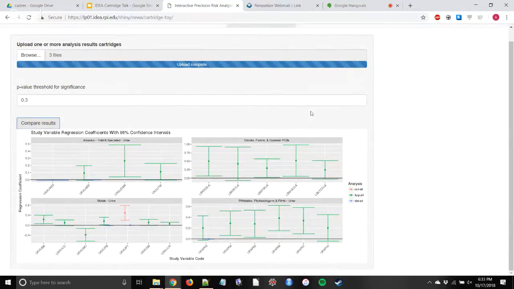So this is what we have here, and what you'll notice is that of the risk factors we have access to, there tend to be much stronger associations between hypertension and these risk factors than either the presence of cancer or type 2 diabetes. But we do have one, URX UPT, which is urinary platinum, with a fairly strong association with cancer. And all of our diabetes associations are much weaker. This is the sort of thing that can drive further analysis questions and let you have these high-level summaries of health.